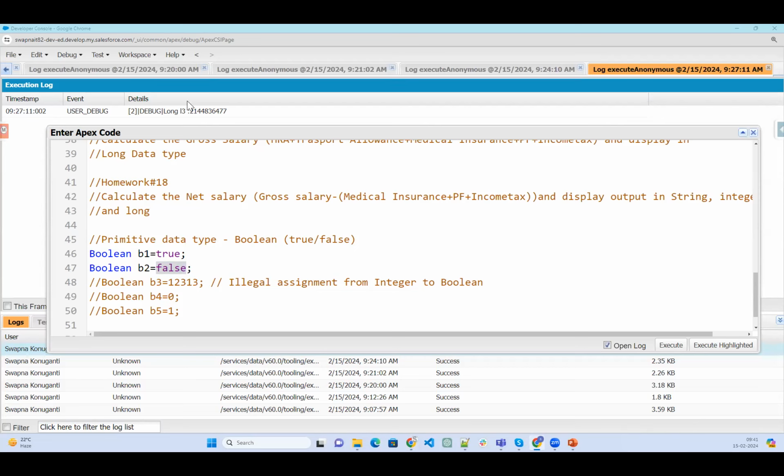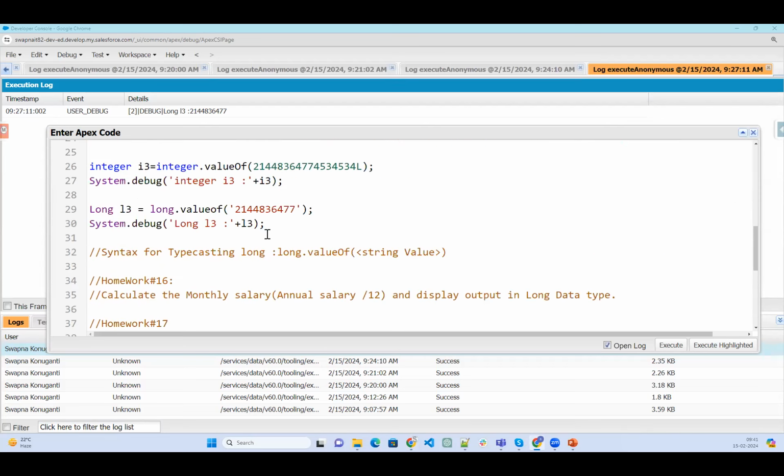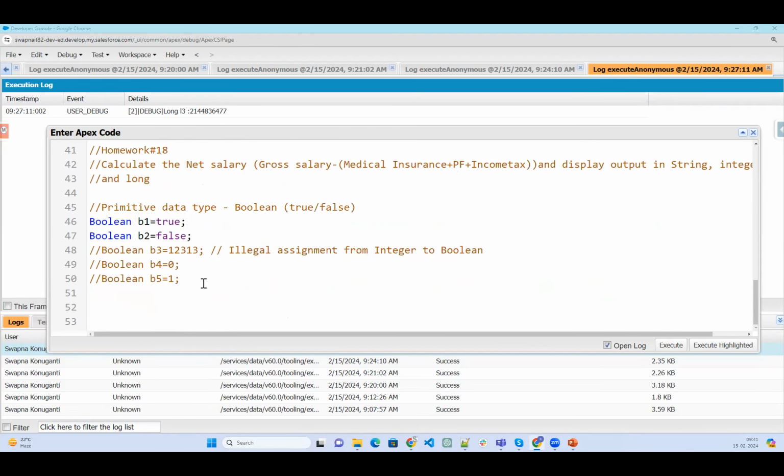Now let me print this Boolean. Are you able to do it? Is anyone having a problem? I'm going to print it here: System.debug, Boolean, B1 and B1 value.